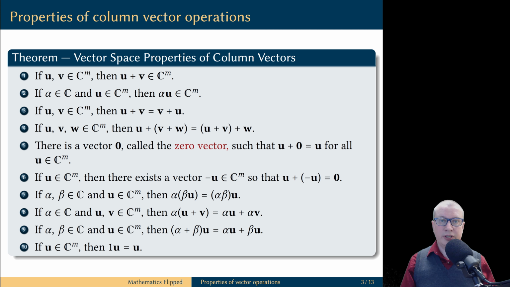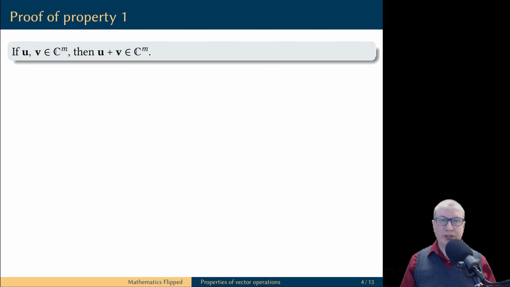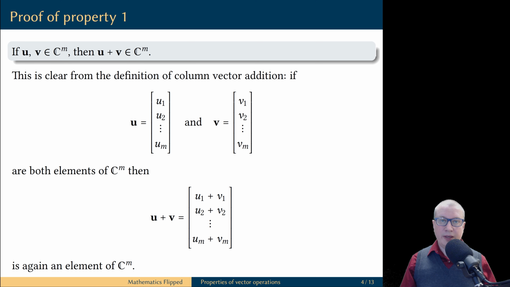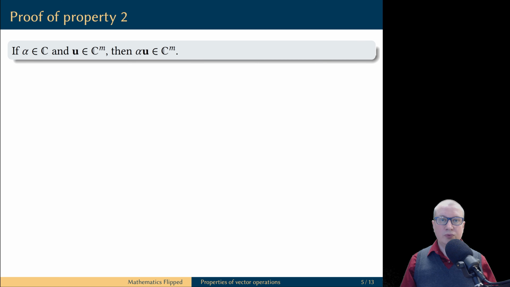Now that I stated all these 10 properties, let me convince you that in fact the vector operations do satisfy all these 10 properties, and I will prove each such property one at a time. First, let's prove that the vector space of column vectors of size m is closed under the operation of vector addition. This property should be obvious from the way we defined the operation of addition. We add two column vectors of the same size, and the result is a new vector which has the same size as the two original vectors. Let's prove that the vector space of column vectors of size m is closed under the operation of scalar multiplication.